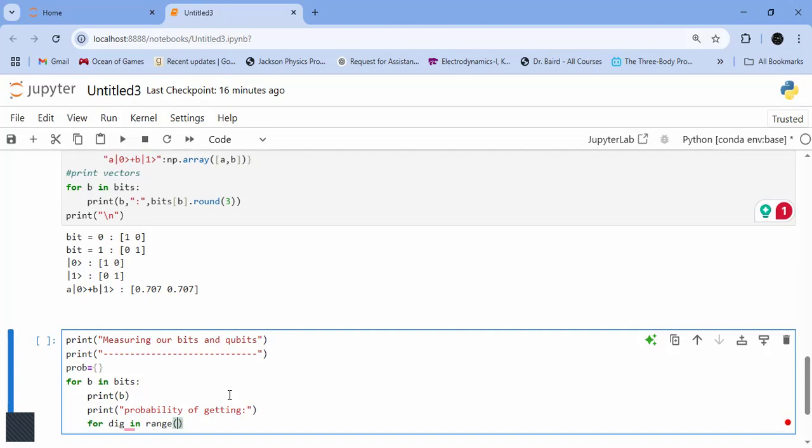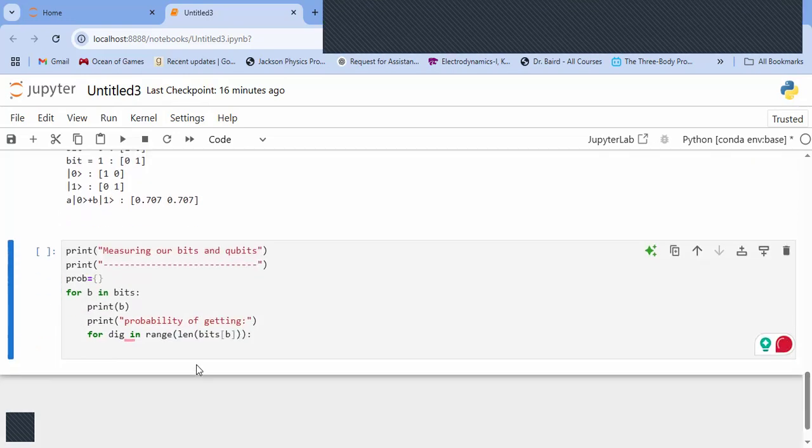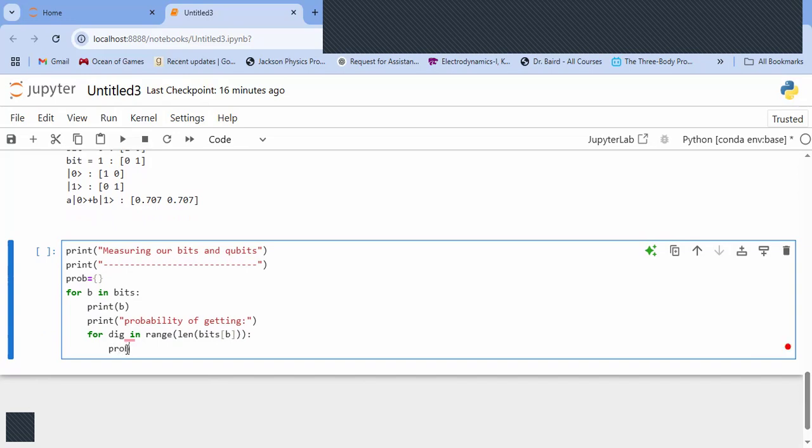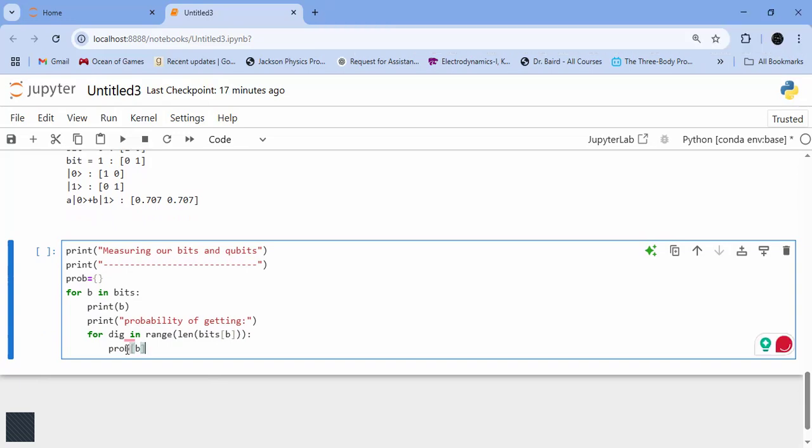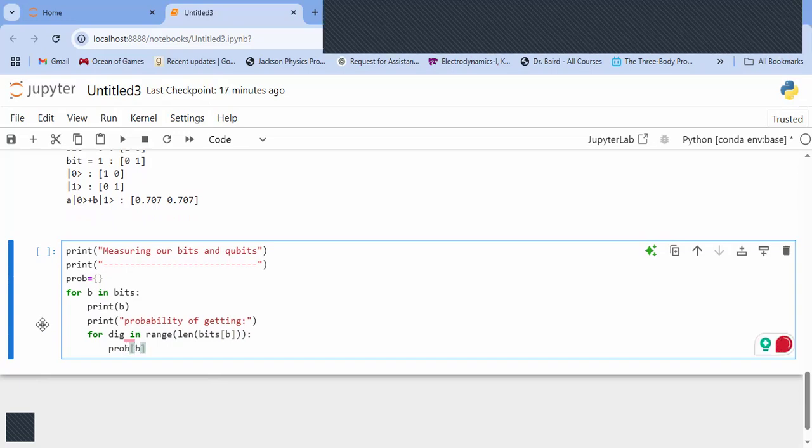So in order to make it that case, we have to retrieve the length of the vector that we are using. Each vector has length 2, so dig could be either 0 or 1. So I'm going to use that index. And the probability, we know that it's the square of the amplitude associated with the 0 or 1. So in that case, the probability of B, that is each element of B, is going to be the power of